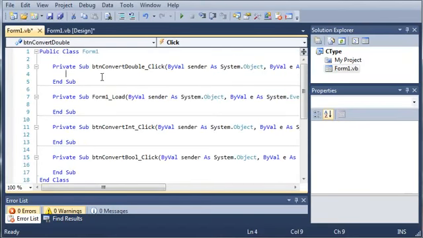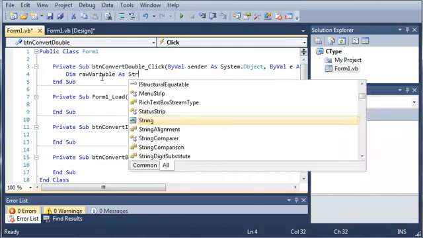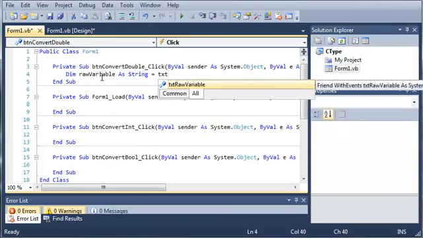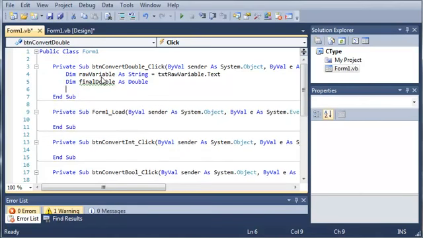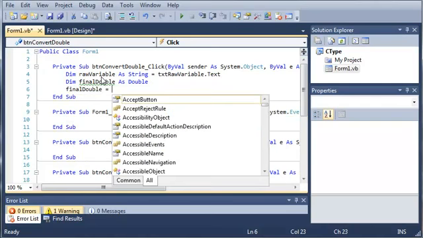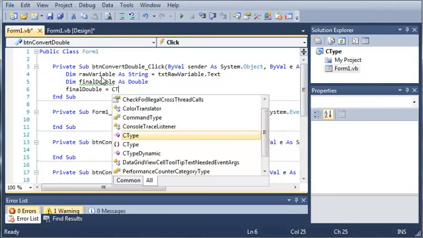Okay, so button convert to double, we're just going to create a variable. So dim raw variable as string is equal to text raw variable dot text. Now text raw variable dot text is always going to be a string because text boxes handle strings. And then we'll declare final double as double. And now we're going to set final double equal to, and convert the raw variable to a double. So we'll just type CType,